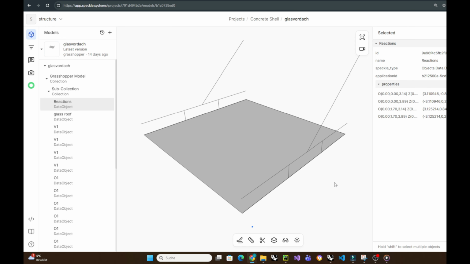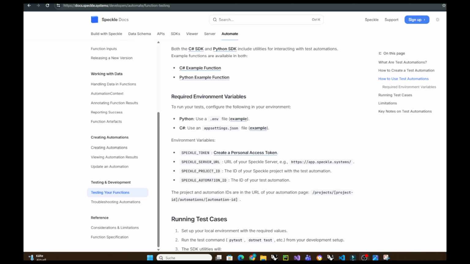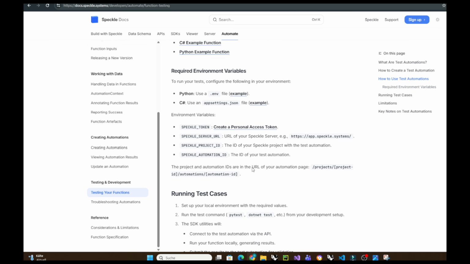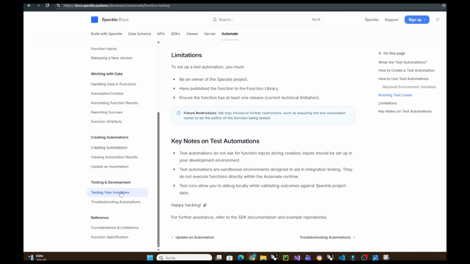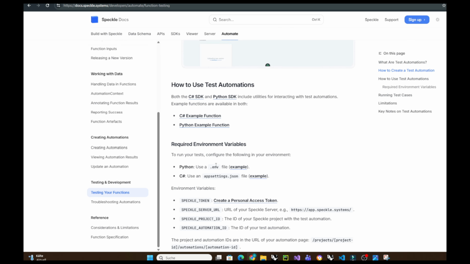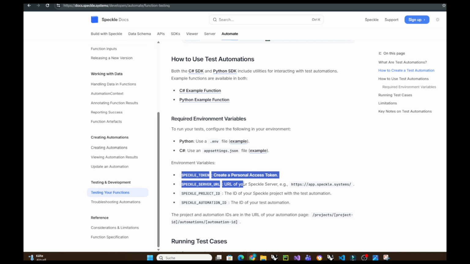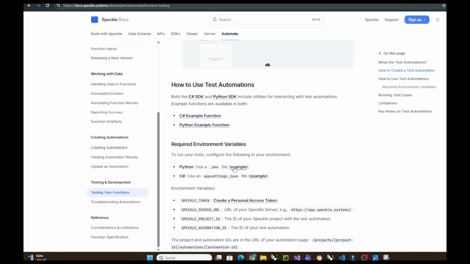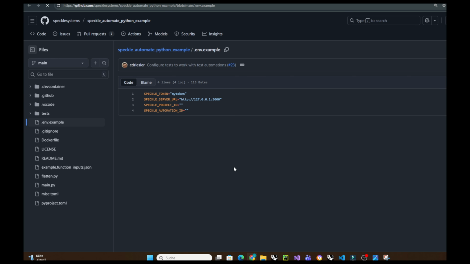So let's see how it is going inside Python. So on this website I've shown you earlier, we can see the examples for the test functions. For example, if I want to use Python, I'm going to testing my functions, and here I can see the example environment file and the Python example function that will be on GitHub, and this is the structure that I need to clone on